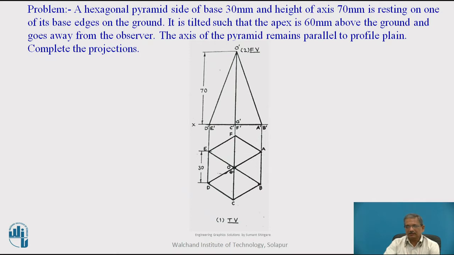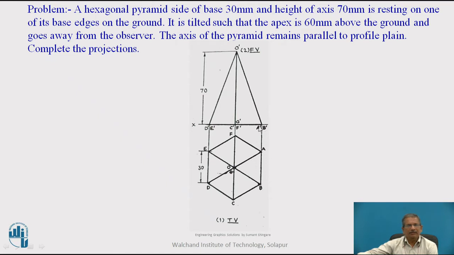So, you have to draw the hexagon in such a way that any of the base edges, AB, BC, CD, DE, EF, rests on the ground. While drawing the top view of a hexagon, draw it in such a way that the base edge will be perpendicular to the XY line and towards the right hand side, so that when we tilt or rotate this solid, it should rest on the base edge. So, draw a hexagon such that the edge will be perpendicular to the XY line or perpendicular to VP, and complete the hexagon of base side 30 mm.